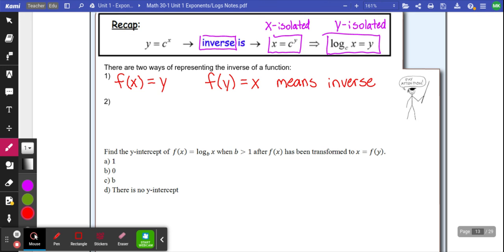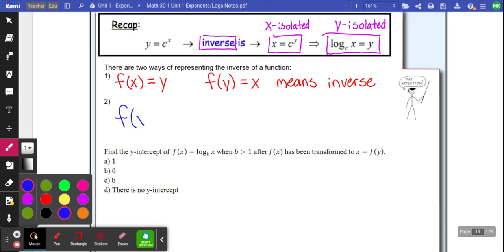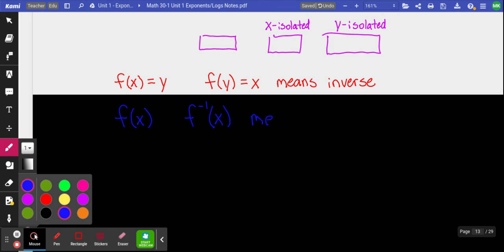The other way that I've seen inverse written, again, you're used to seeing this, f of x. That's our typical way of writing things. And now you're going to see it with a little -1 exponent. So it looks like this. Again, when you see that,